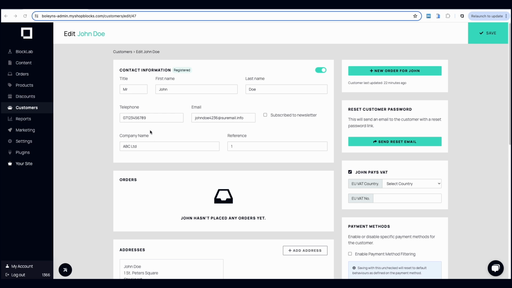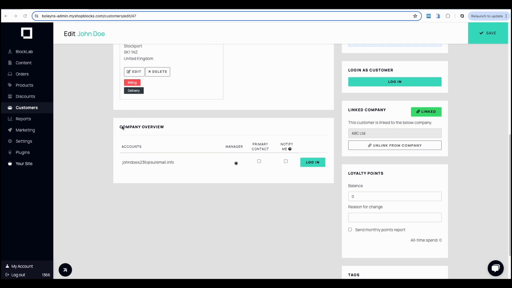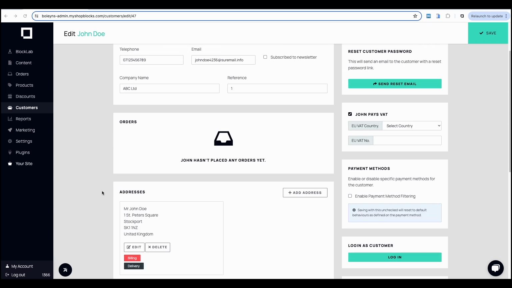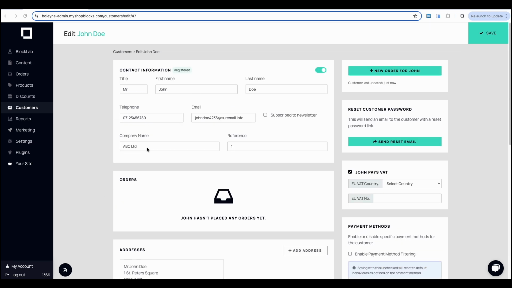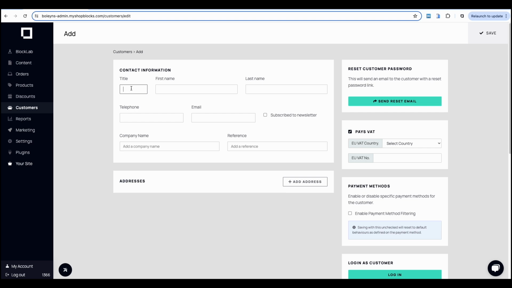You can see here that John Doe is linked to ABC Limited, has an address, and currently in the company overview, he's the only person within the company. So let's go and create a new customer to be added to the ABC Limited account. So if we go to Customers, Add Customer, fill in the relevant details,